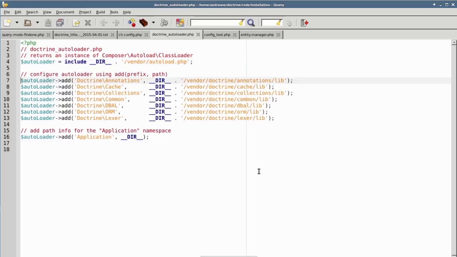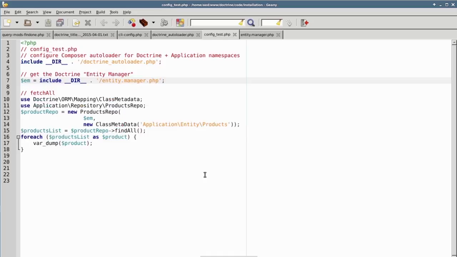Next, we need to specify the various subcomponents of the Doctrine namespace, each of which is located in a separate directory structure. Thus, we have annotations, cache, collections, common, DBAL, which stands for Database Abstraction Layer, ORM, which stands for Object Relational Mapping, and Lexer. So you'll notice that each of the namespace subdivisions corresponds to a separate directory structure. Thus, Doctrine annotations corresponds to vendor Doctrine annotations lib. Finally, you'll notice at the very bottom of the file, we configure the Composer autoloader to reference our actual source code itself, which is under a namespace called application. Returning now back to